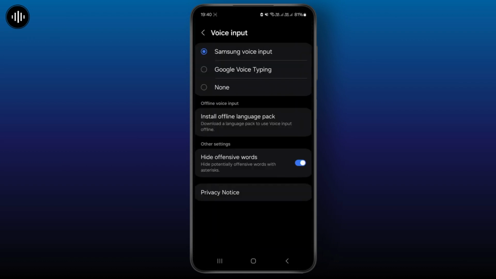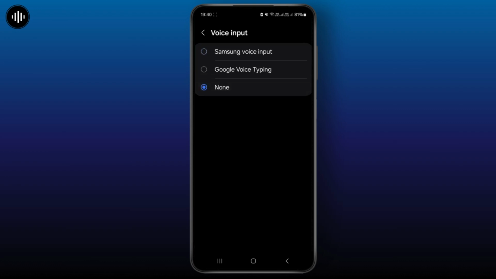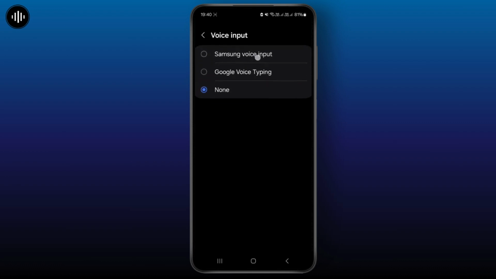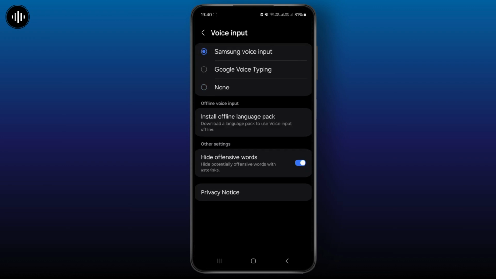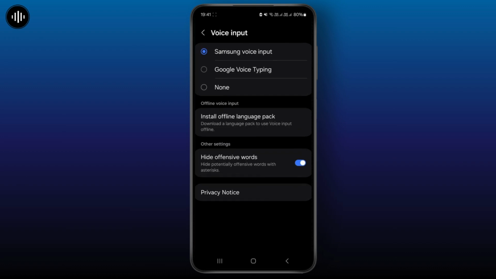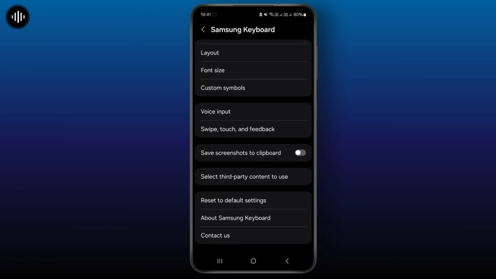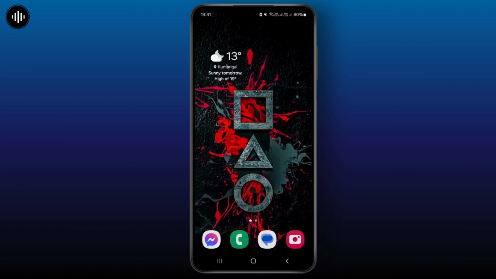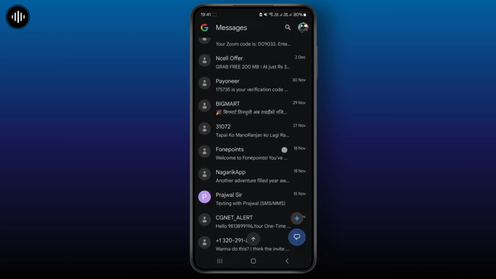Once you click in here, just make sure it's not turned to none, it's turned to either of these. So I will just select Samsung voice input, as it is Samsung. So once you do that, you can simply head back to your main screen, and as you can see inside